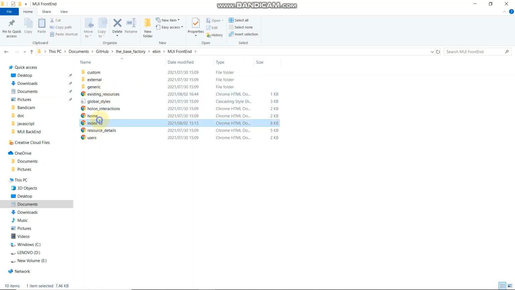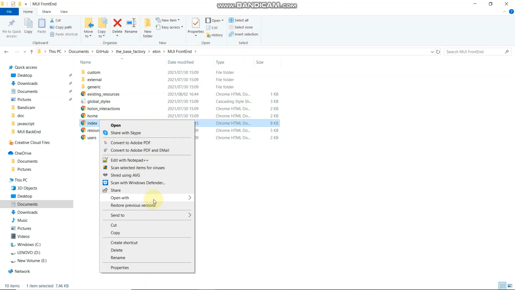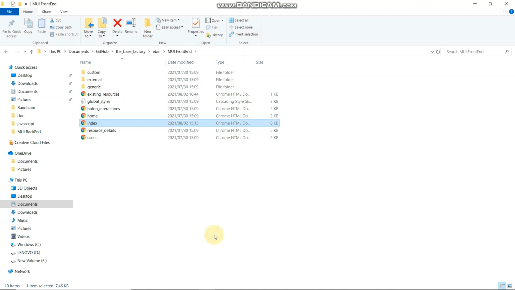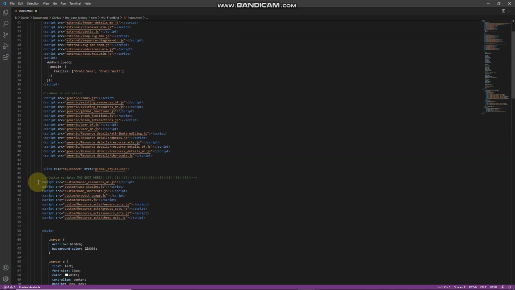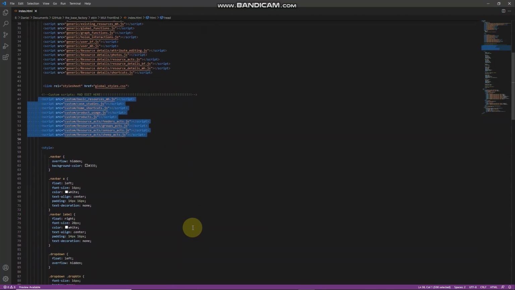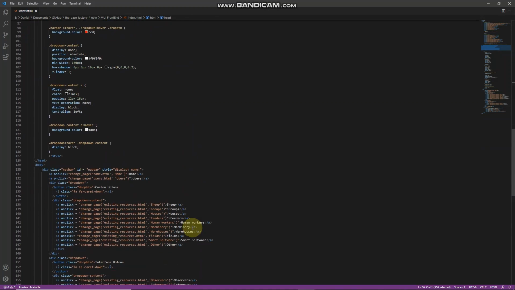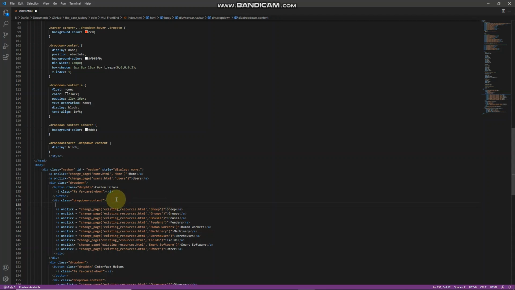You go to index. I'm going to open this in Visual Studio Code. There we go. So these are the custom scripts as mentioned. And if you've got different Holons, for example, I'm rather going to expand on what I've already got instead of going from scratch. Then it gives you a little bit more context about where everything is. And since I've already got a lot of developed code for these Holons, I'm going to keep them in my following explanation. So, for example, let's say you had a new Holon and it was,